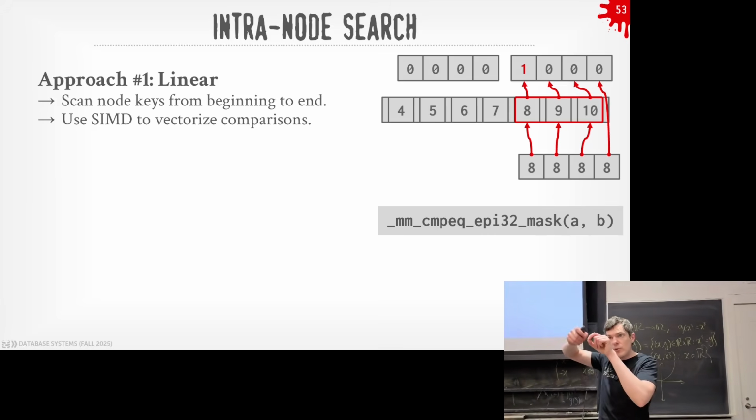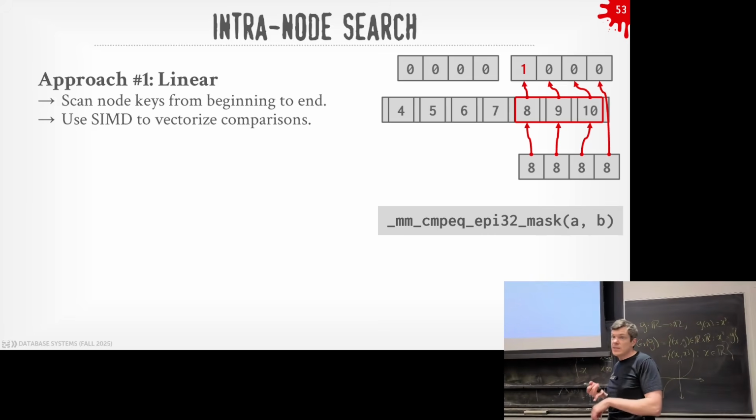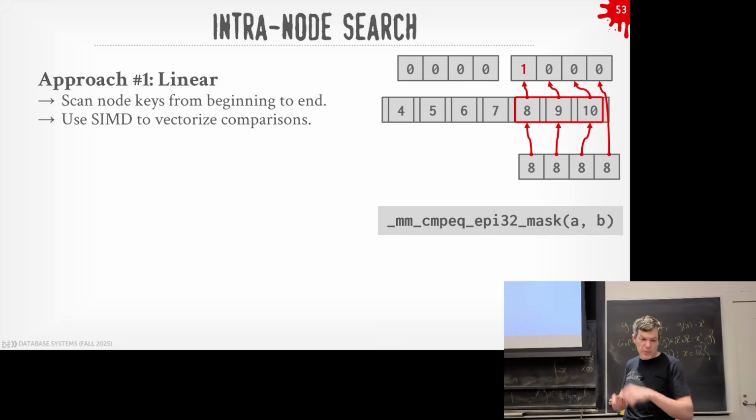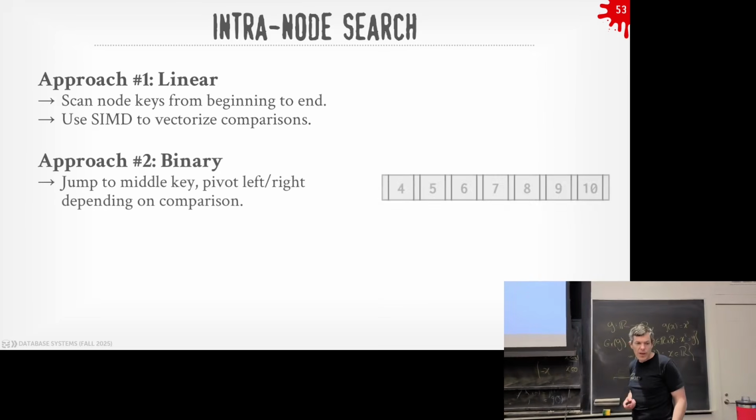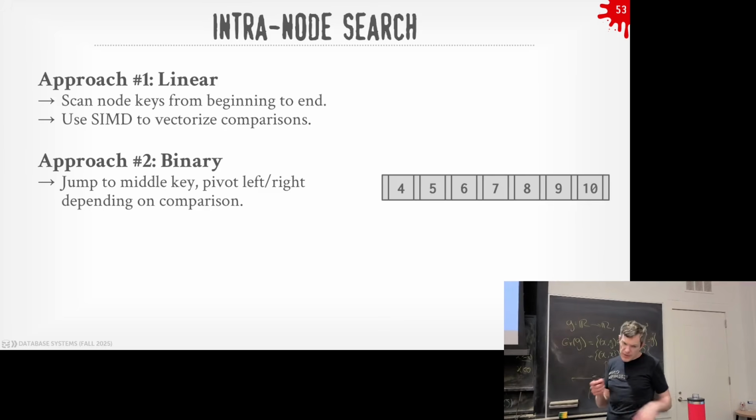So again, instead of having to do it sequentially one by one, I can do a smaller number of instructions to do this in parallel. x86 has this, ARM has this, RISC-V has their own. A bunch of systems have vectorized instructions for this. But it doesn't work on strings. If things are variable length, you want fixed length values.